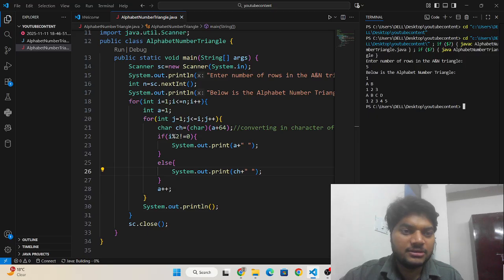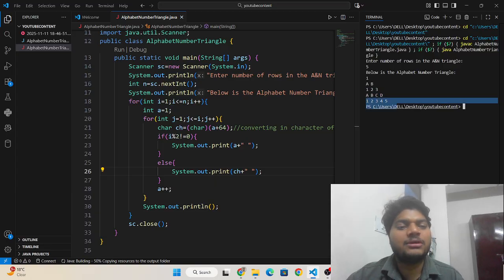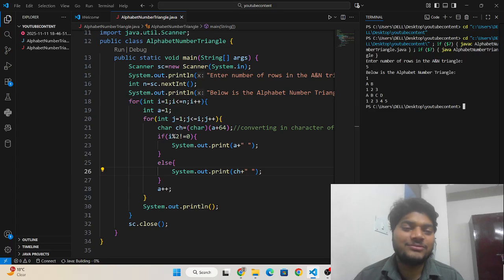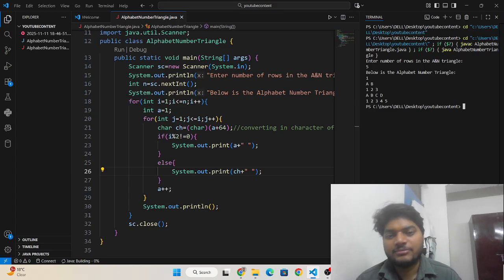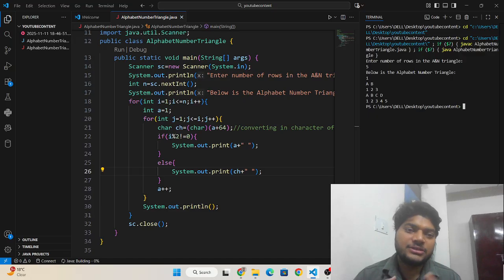You can see in first row it is number, in second row it is alphabet, in third row it is also number, in fourth row it is alphabet, in fifth row it is number, in sixth row if I have entered, then it will print alphabet in the sixth row.